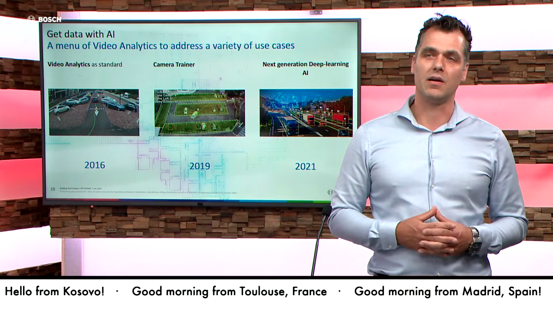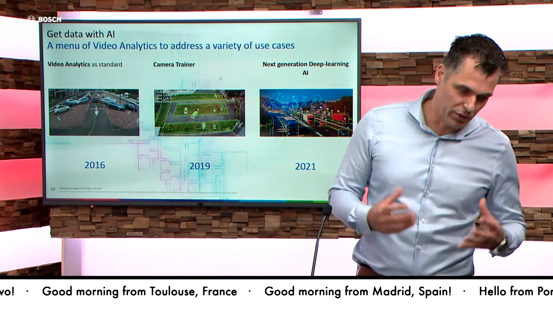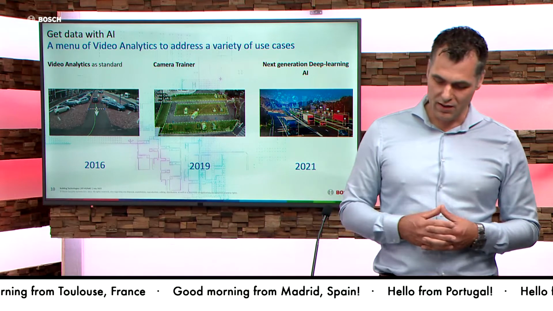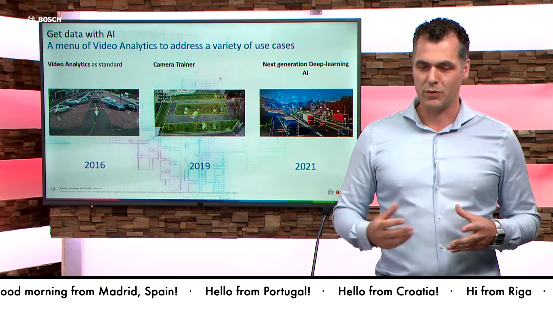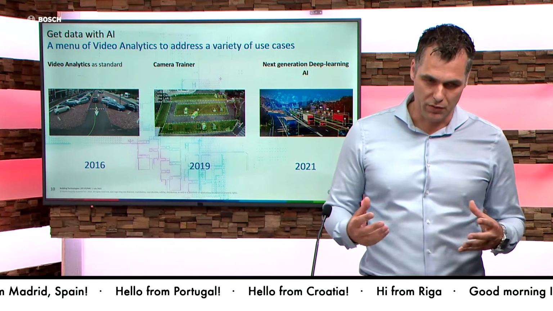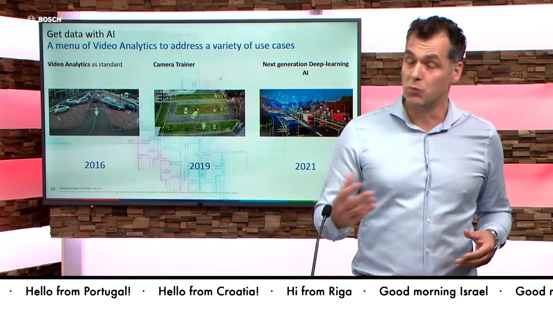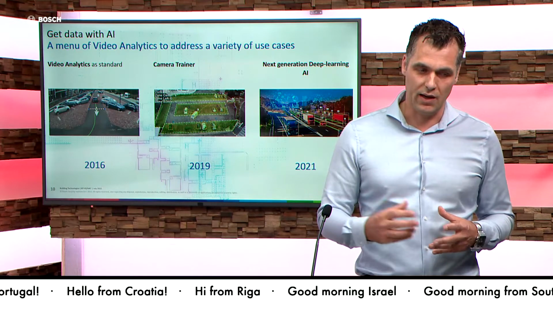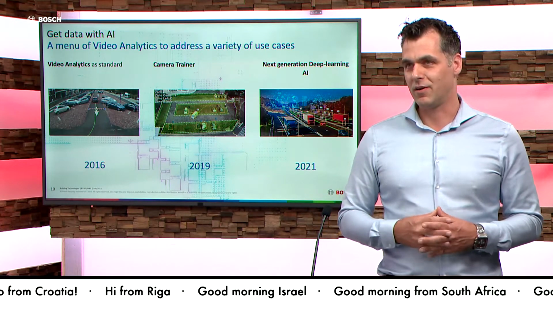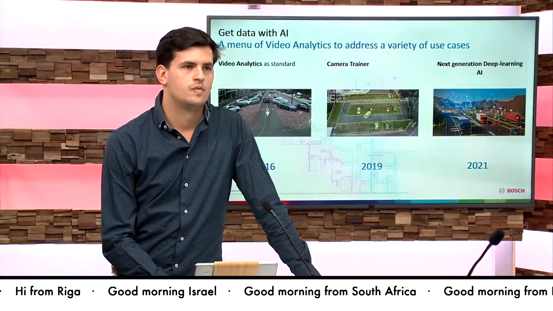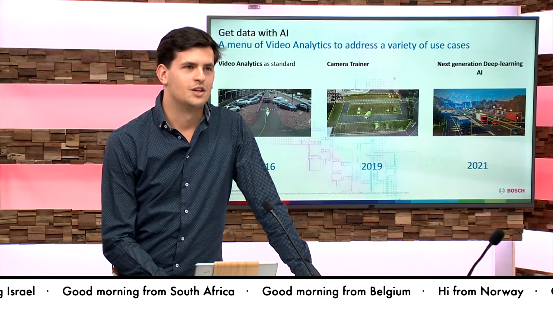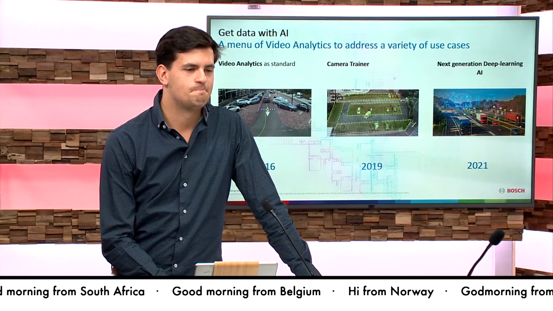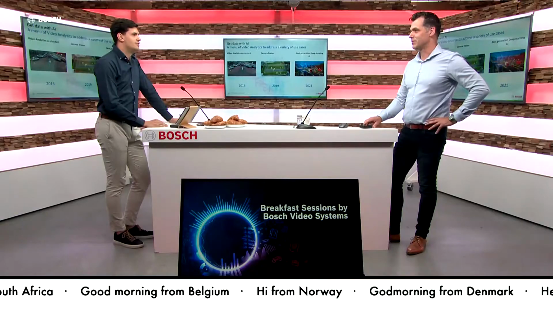And nowadays we are really into the level of deep learning AI. Since end of last year, so end of 2021, we started with that. We have that in our portfolio with the OC models, and the OC models really have the best kind of analytics nowadays. So it's really cutting edge, and that really is very beneficial for different applications. Exactly, and we're going to go into these applications some more, right? Exactly, we'll dive into that.